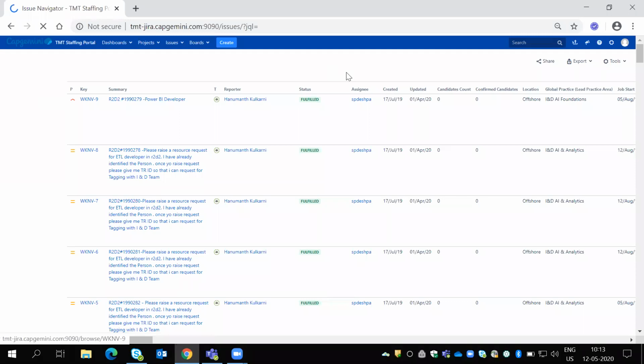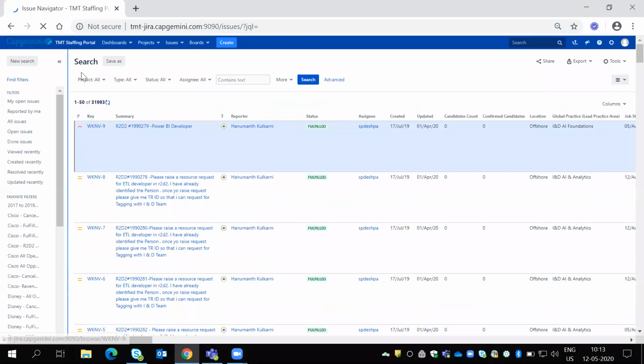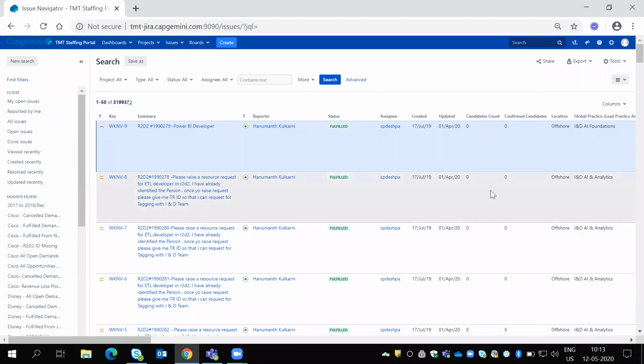So once you click on Search for issues, this page will open. So this page, we can write filters from here.